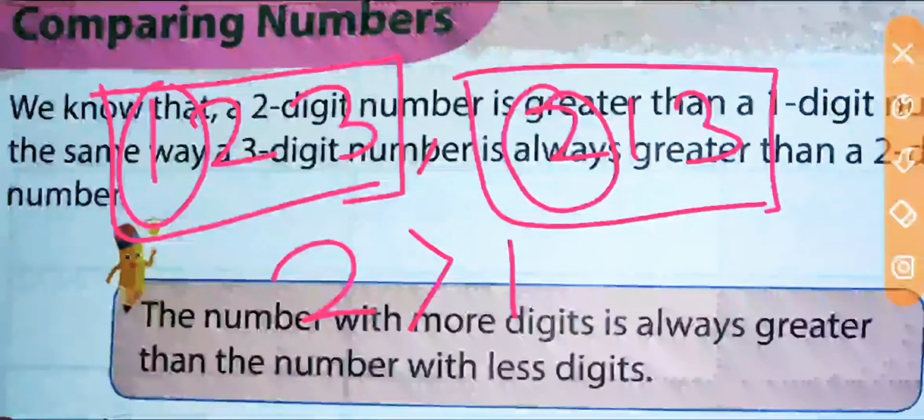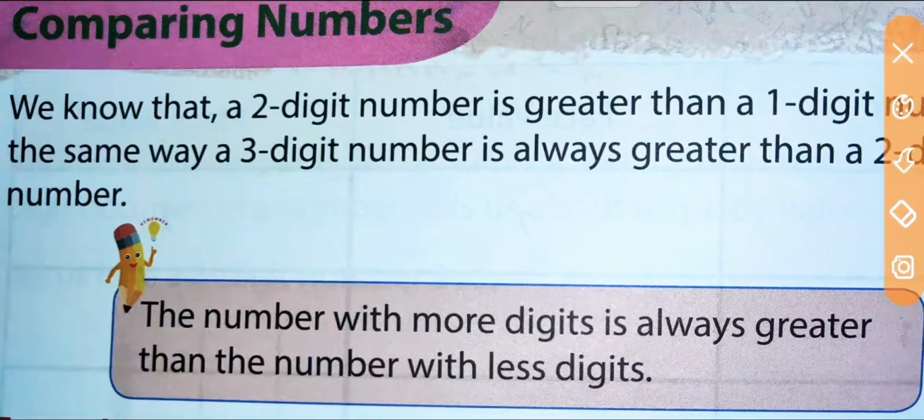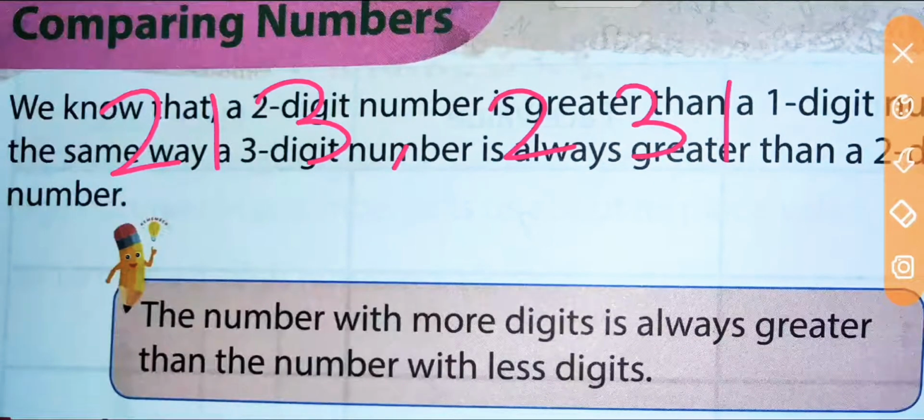this 123, and we can represent these two numbers by the symbol like this. This means 123 is less than 213. If the given numbers have the same first digit, then how will we check which one is smaller and which one is greater? Suppose let us take the example, this one 2, 1, 3, and the next number 2, 3, 1. This is how we will check which one is smaller and which one is greater.